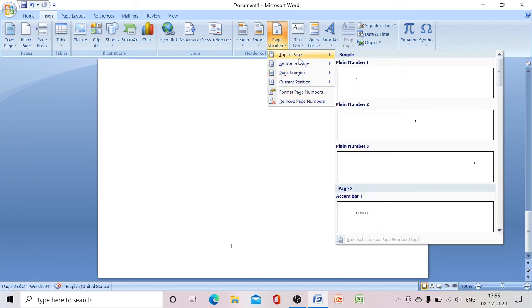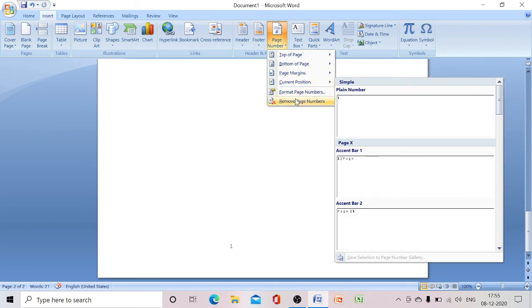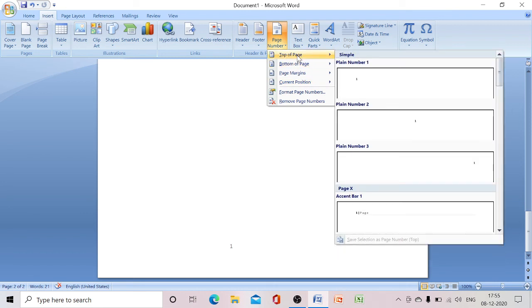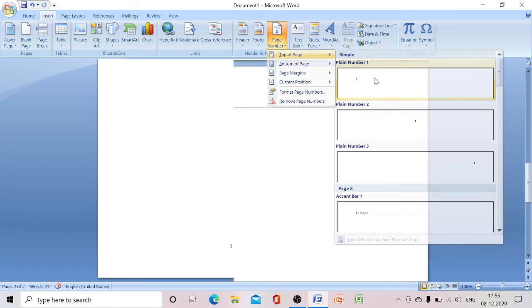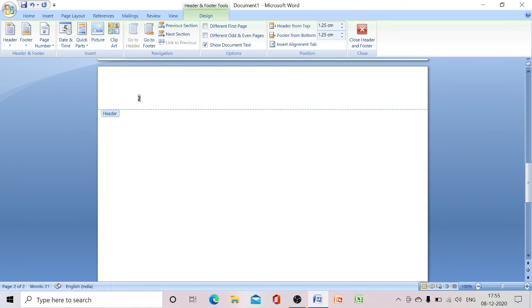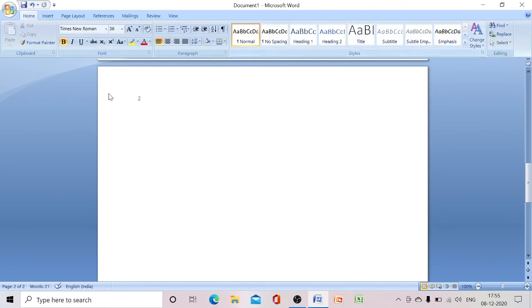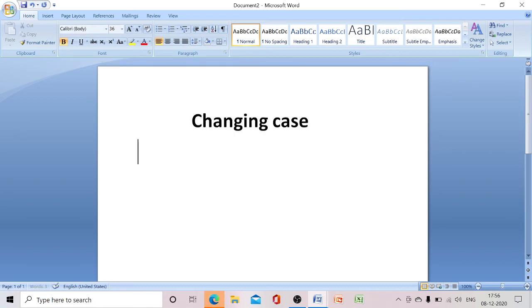These are the different places where we can insert the page number. Those options are present in the insert tab. We can click any one of these options and choose it. Then after that we have to click this close header. So the page number will be inserted based upon the place where we have selected. Is it clear?